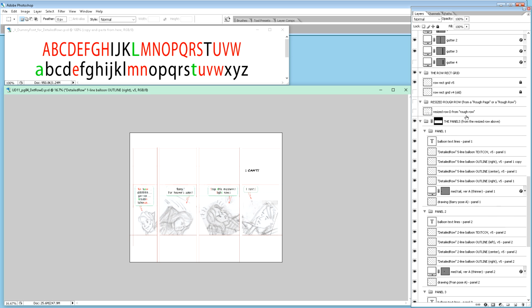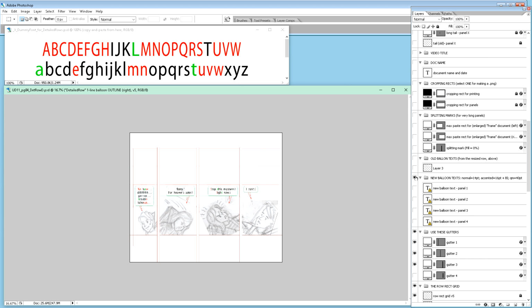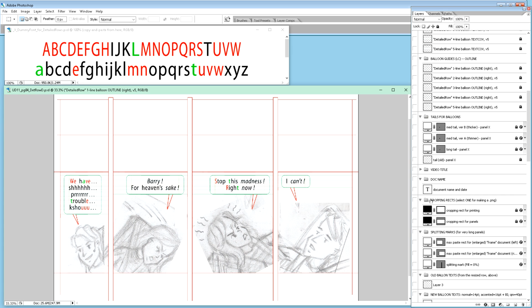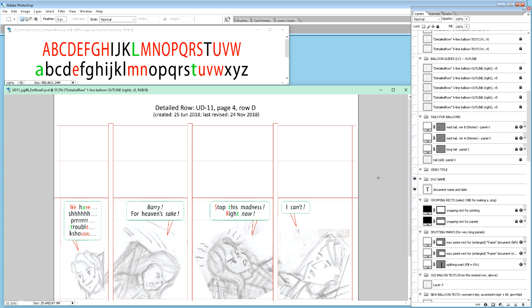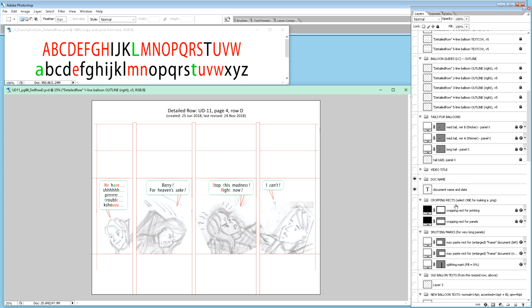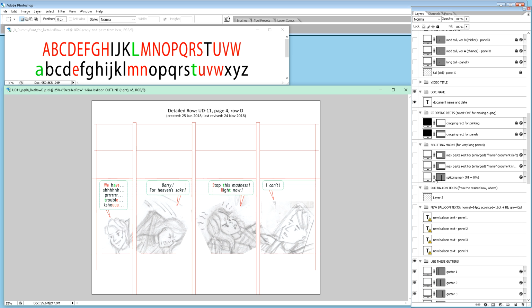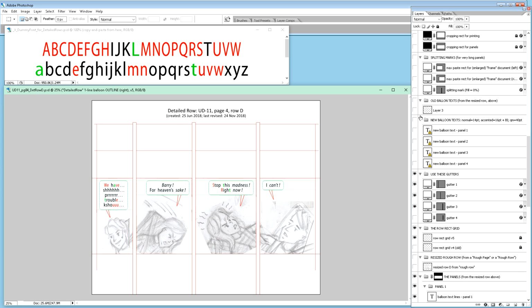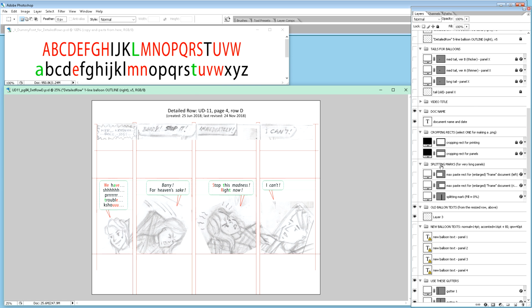All right, and now we can hide the text there, and we can engage the doc name as it should be, and we can see the old balloon texts. We can save those guys to see them, and the only thing left now is we want to